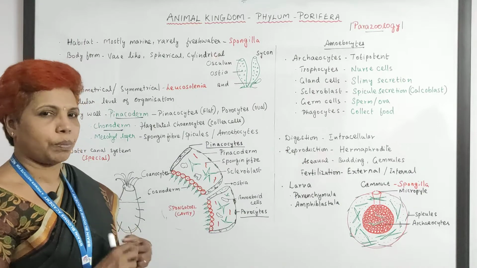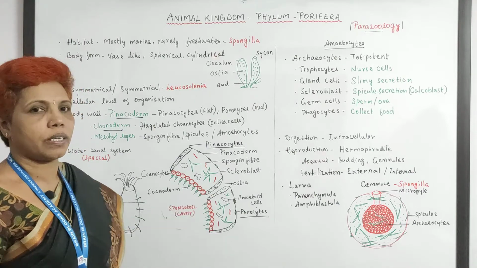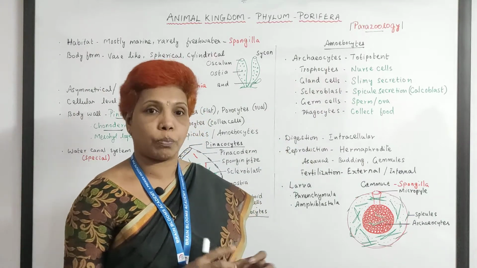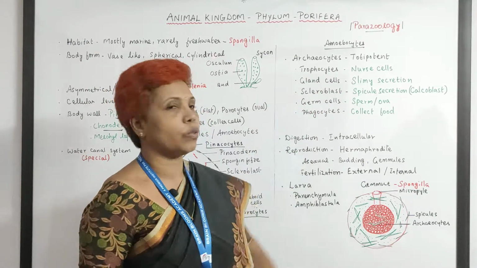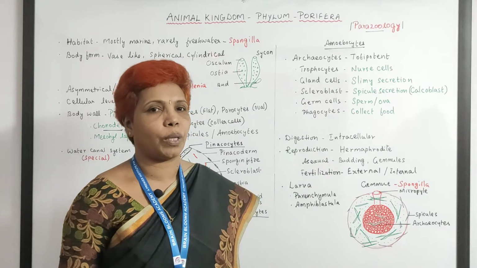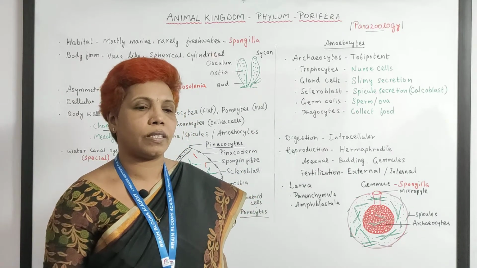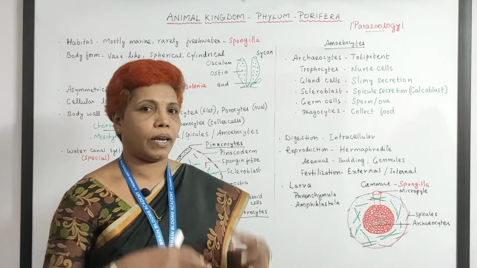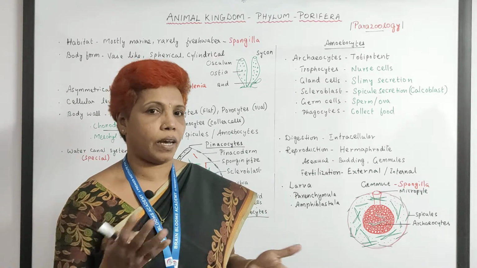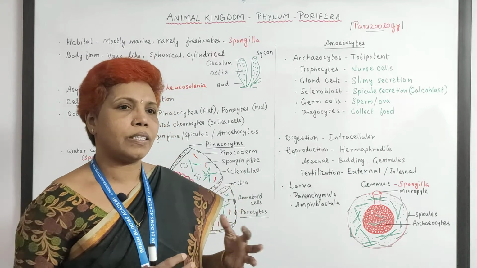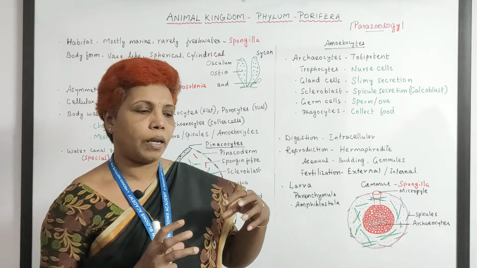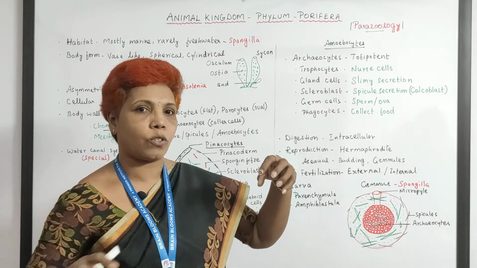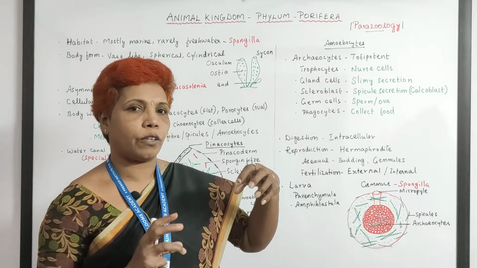So here's something special about amoeboid cells, amoebocytes. These amoebocytes are producing a special cell called archaeocytes. These archaeocytes are totipotent. Totipotent in the sense of total potentiality of making an entire organism in higher categories. Here this totipotent cell can make any kind of cells. So from archaeocytes, a variety of cells are formed. Those variety of cells can be